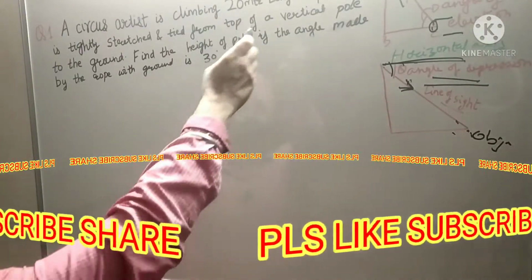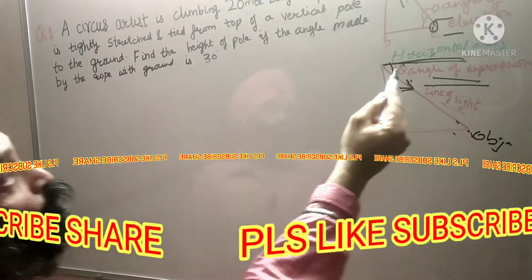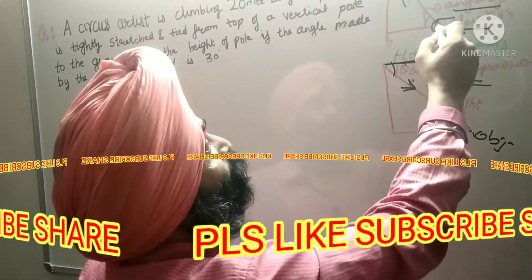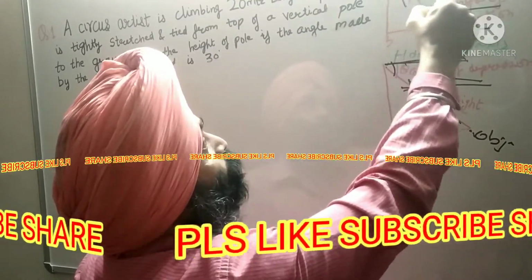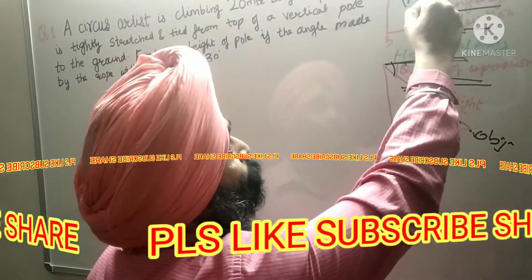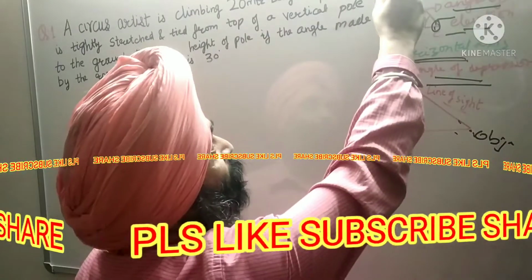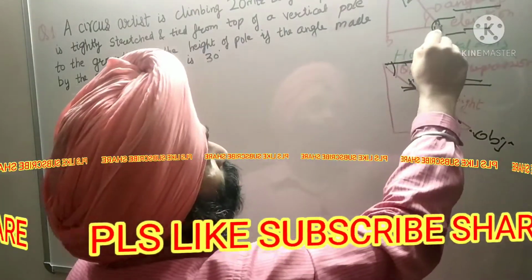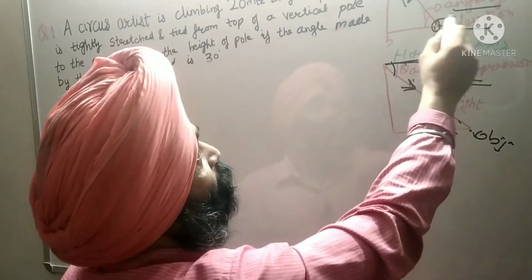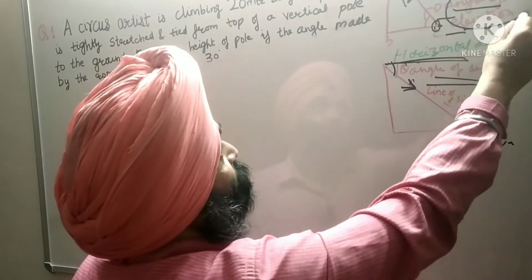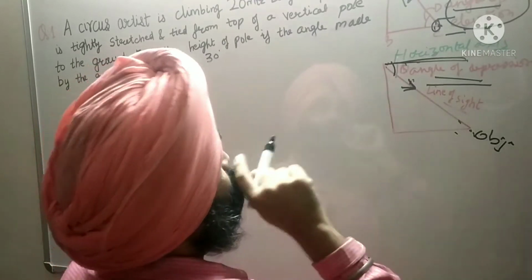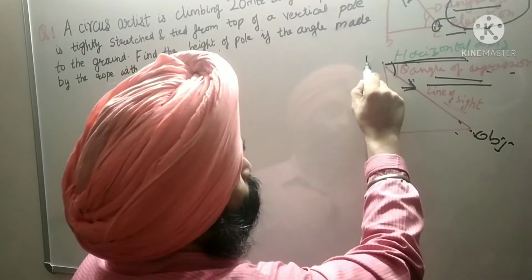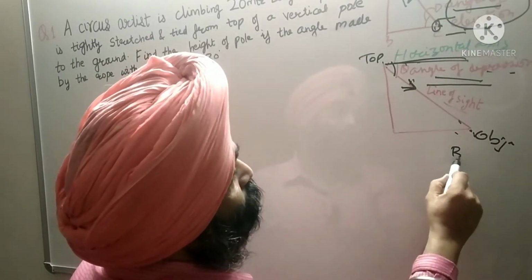So today's topic is trigonometrical identities. Firstly, what is the difference between the angle of elevation and the angle of depression? When we look at an object from bottom to top, from point C to point A, this is known as the angle of elevation, and the angle of depression is when we look from top to bottom.